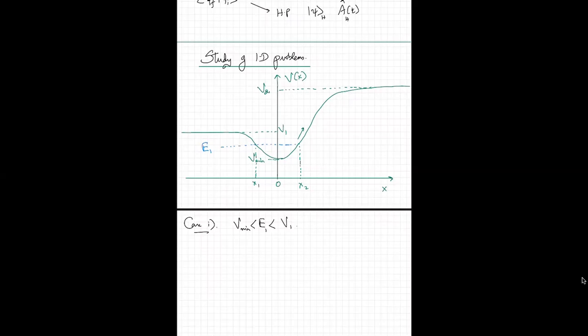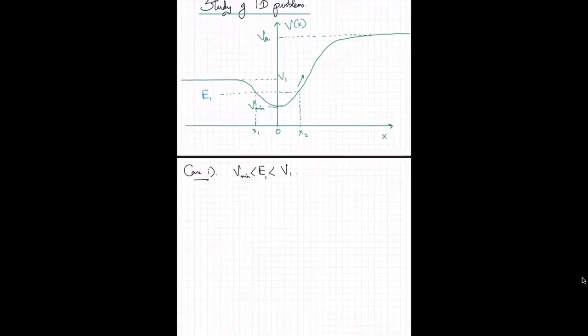Now, when it reaches x1, it again cannot go back up because it doesn't have enough energy to scale the potential wall. So the most it can do is go back to x2. And it sees x2 and it has enough energy to go from x1 to x2 because the potential is lower than its energy. But once it reaches x2, again, all it can do is sadly come back to x1. So all it can do classically is execute some kind of a motion that goes back and forth between x1 and x2. So x1 and x2, for this reason,